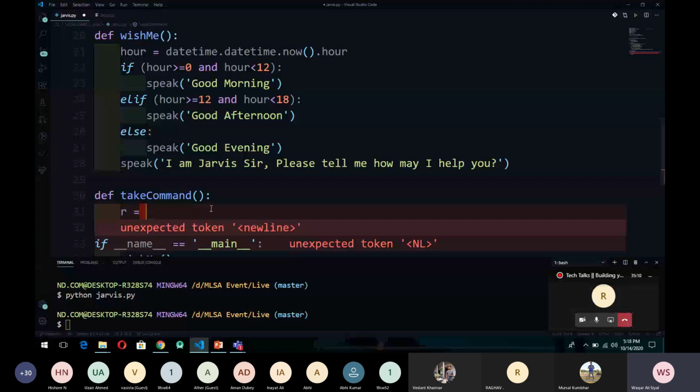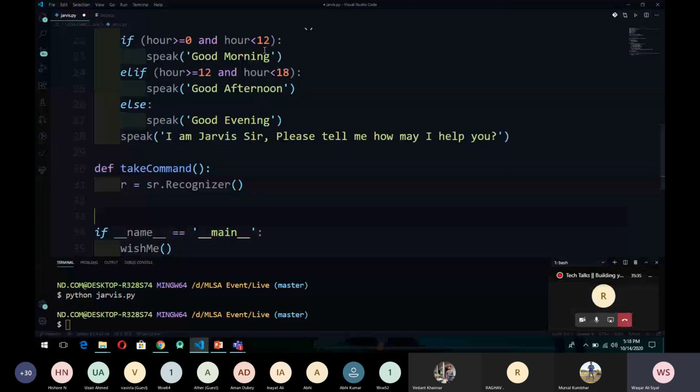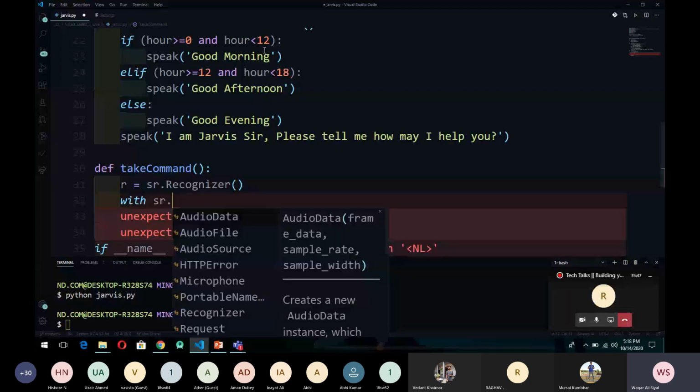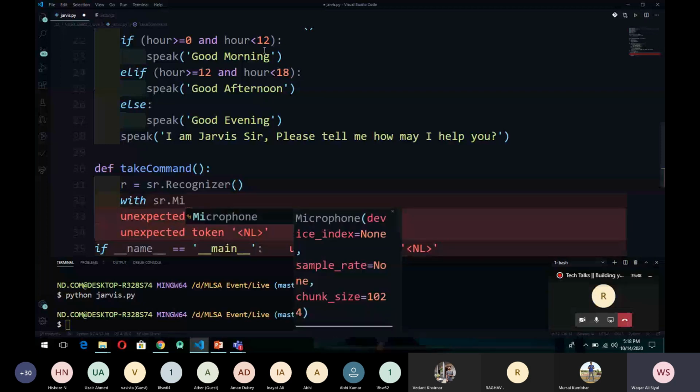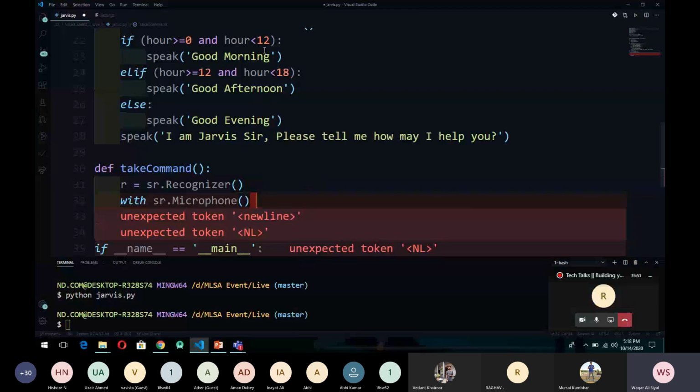Here we associate this library with the name sr. Now it is giving the suggestions. Okay, so you will initialize this with microphone. Microphone is our audio source, and we are associating it with the name source.